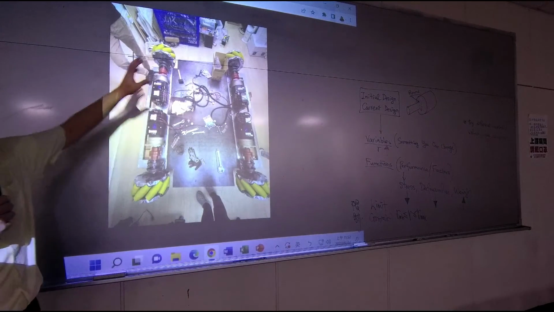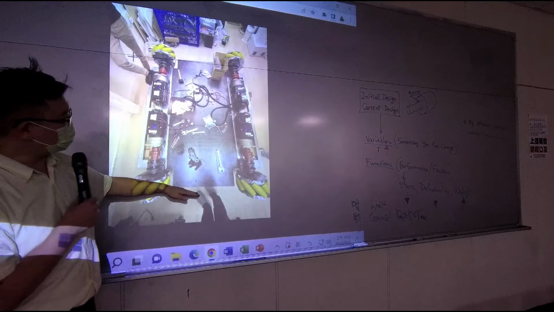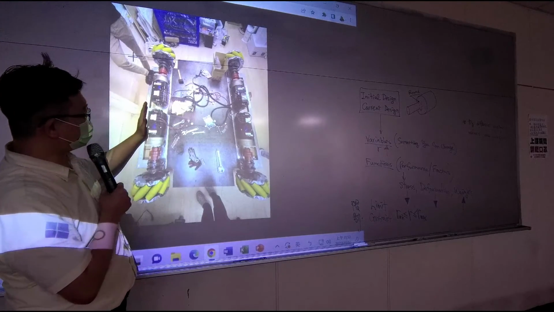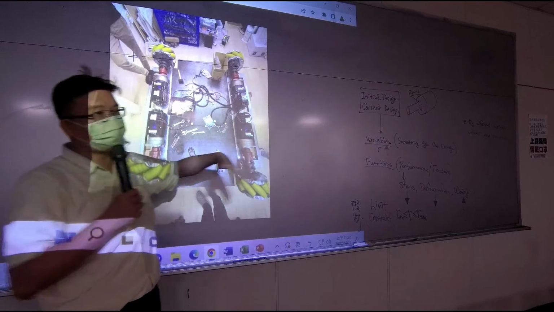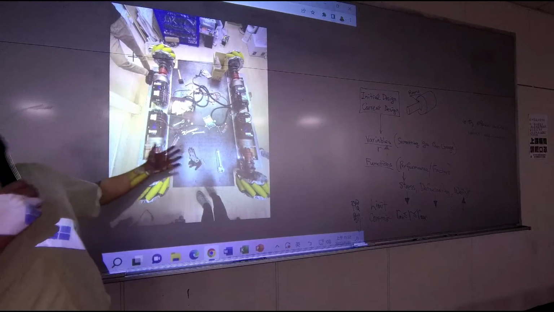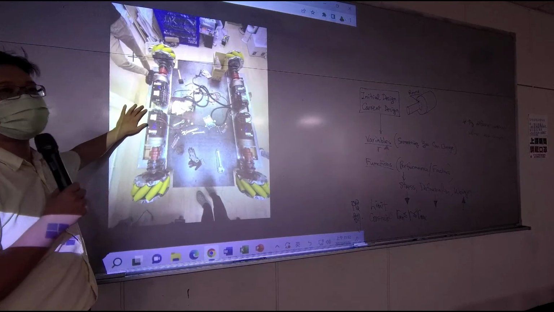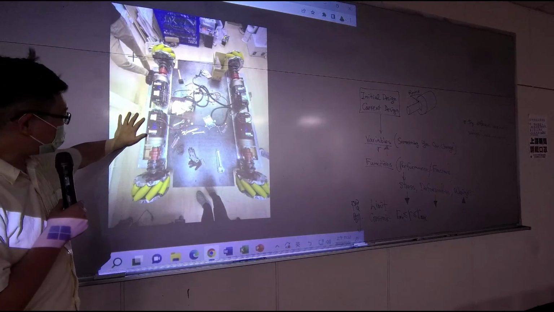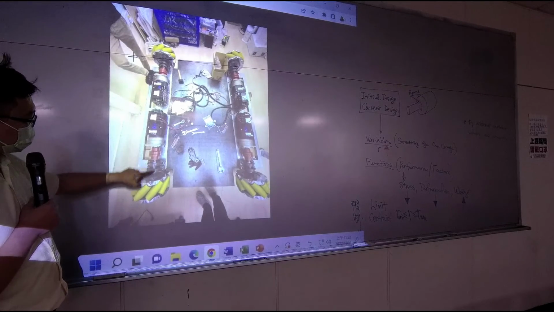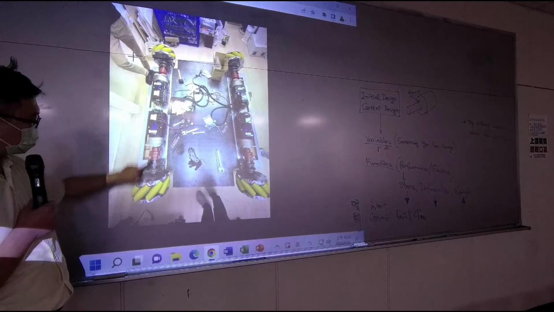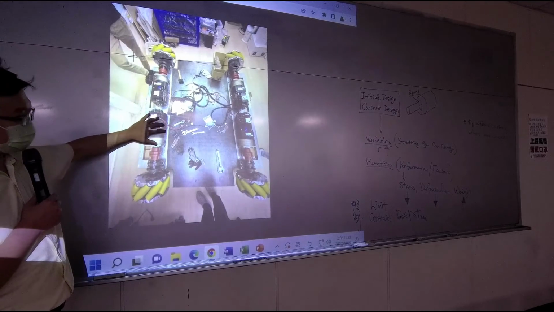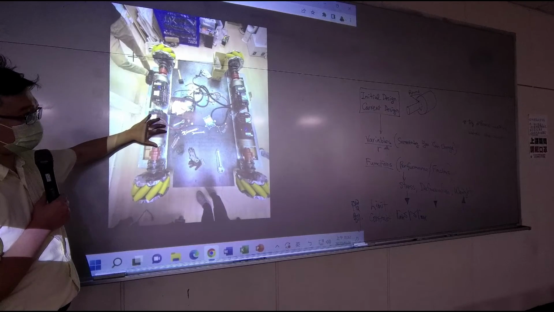So the size of the vehicle is 2 meters long, 1.7 meters wide, very large. It's like a bed. You can lie in a bed. It's a moving bed. Okay. So over here, this is the wheel. There's a cylinder right here, and there are two bearings. And this is where you have your motor and